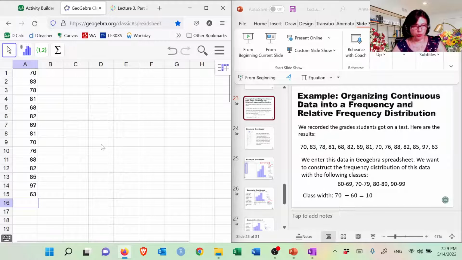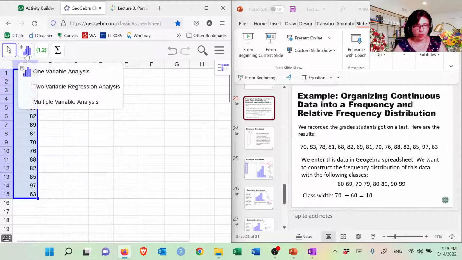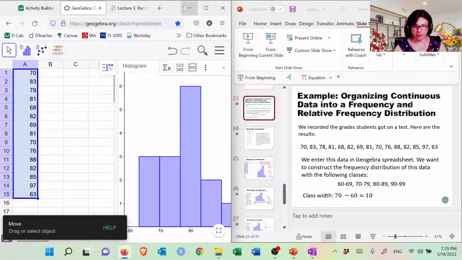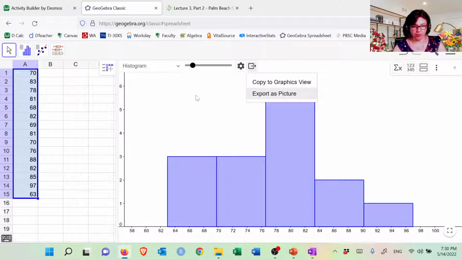Why is that so important? Okay, so let me show you how you would create a visualization of this data based on these sort of classes. Number one step in GeoGebra, always highlight data first. Okay, so you're highlighting it. You're going to go to one variable analysis. Let me maximize the screen now. And it creates something called a histogram, which is very nice. I mean, it already creates it for you,